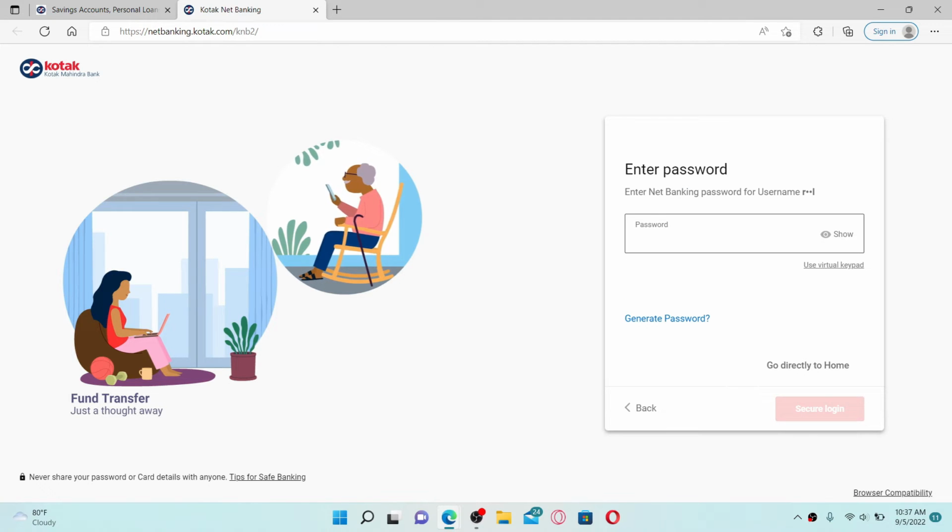On the next field, you'll need to type in the password for your net banking account. In case you don't remember your password, click on this Generate Password link. After you are done entering your password, click on the Secure Login button, and once you are logged into your